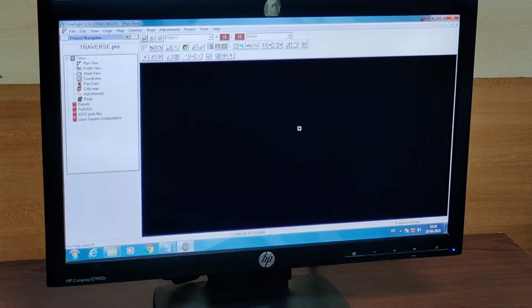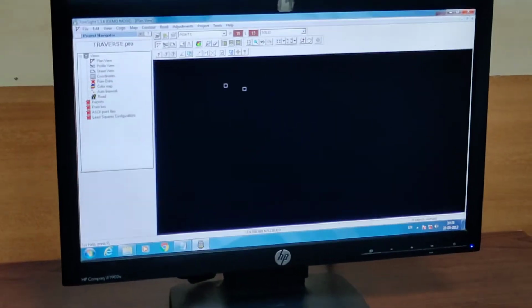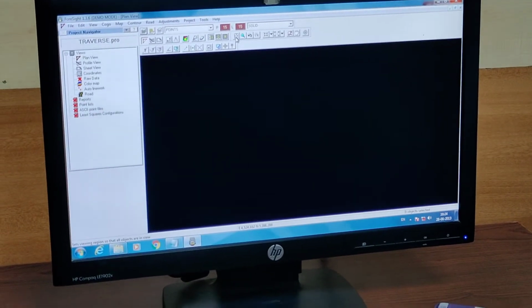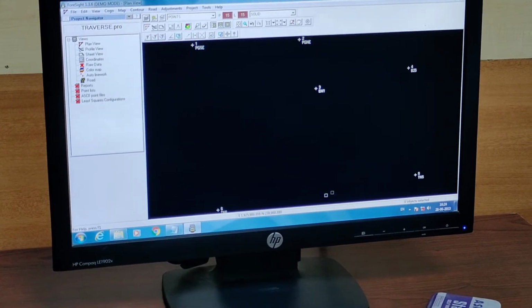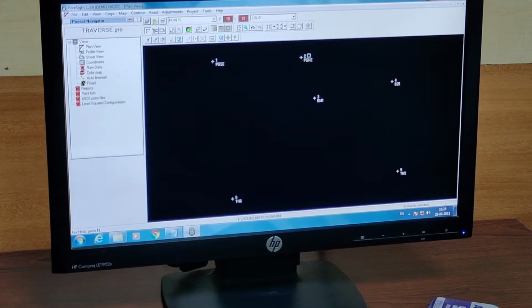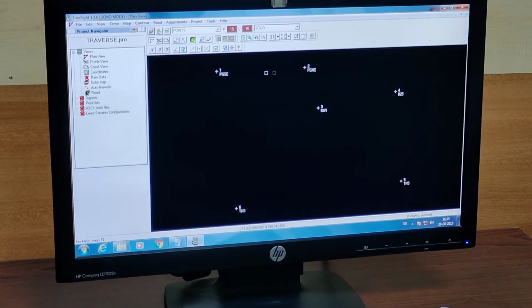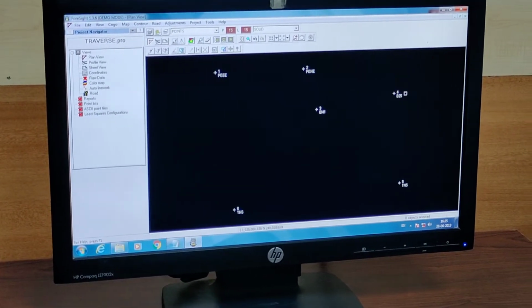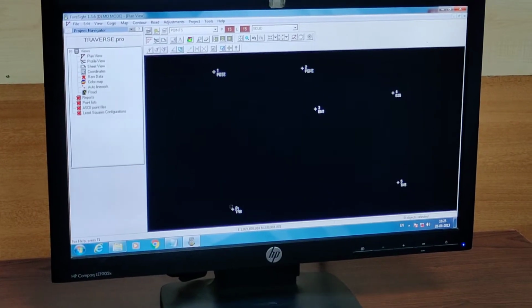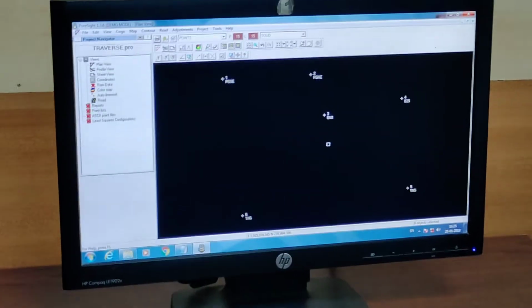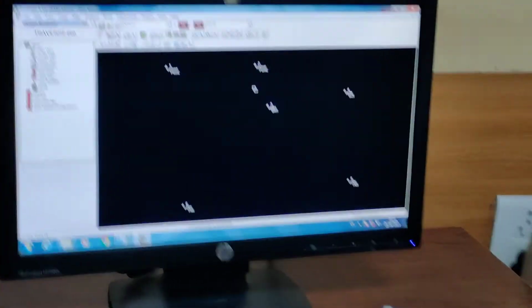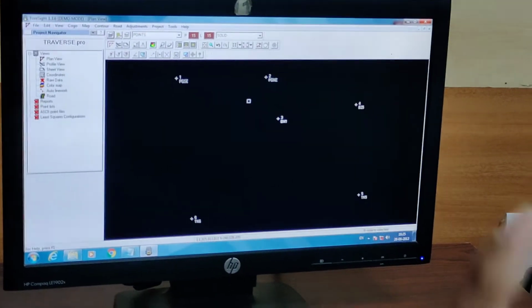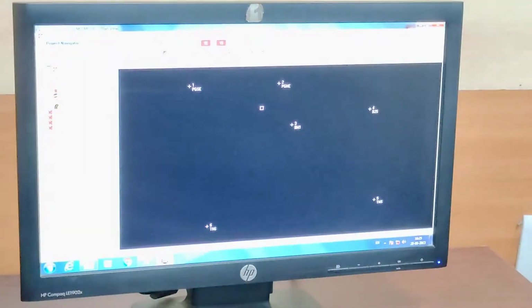See, nothing is displaying. Just click on this fit window. This is fit window, zoom extents. These are the points. Here, these 2 points are known ground points. We surveyed these 4 points. So, this is a Traverse job now. We created control, so we have to connect all these lines. We have to show the path of the Traverse line.